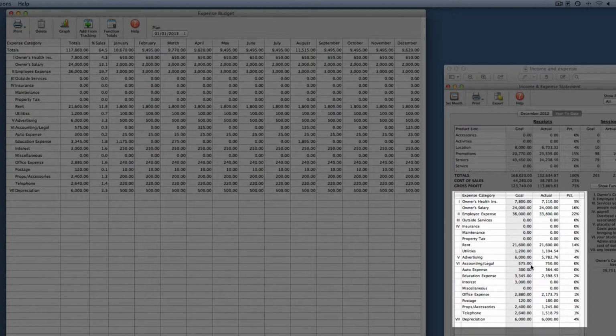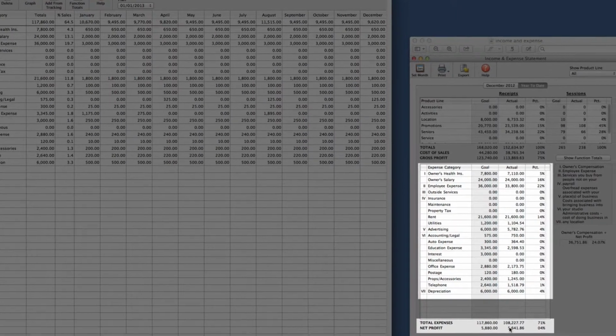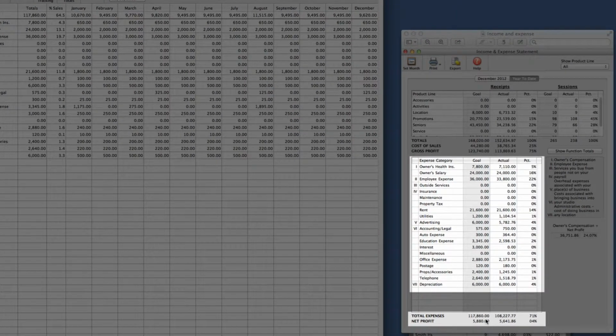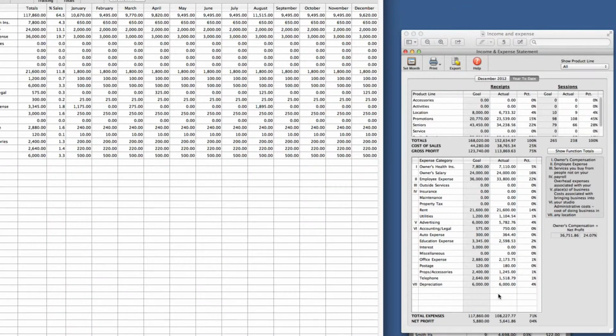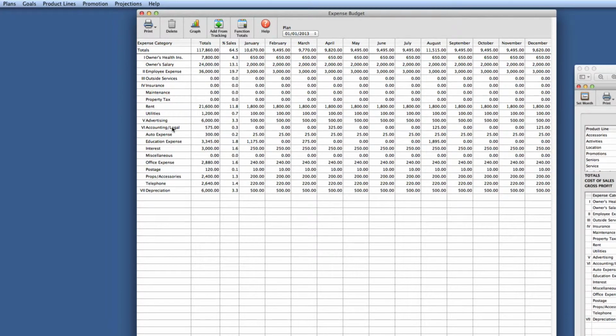We look at other areas, we're a little over on what we spent on our accounting. And we're going to go through each area. We're down in education expense. Everything we budgeted for, we're pretty close. We're actually down by about $8,000-ish, $9,000 from where we were projecting. So could we tweak this? Probably. We don't have to, but if you wanted to go in and say our accounting legal,